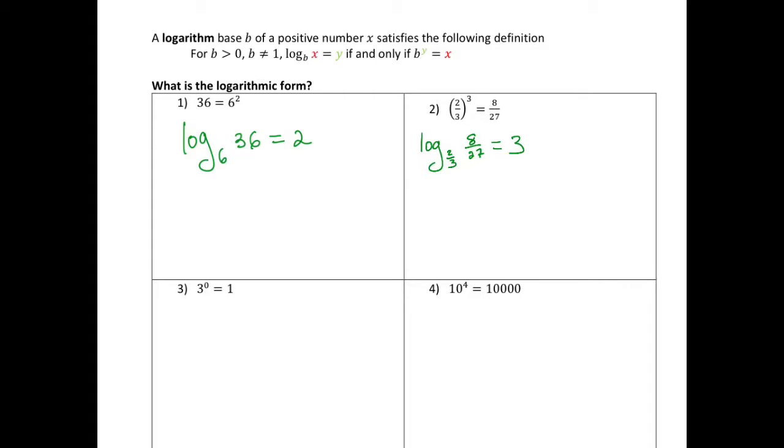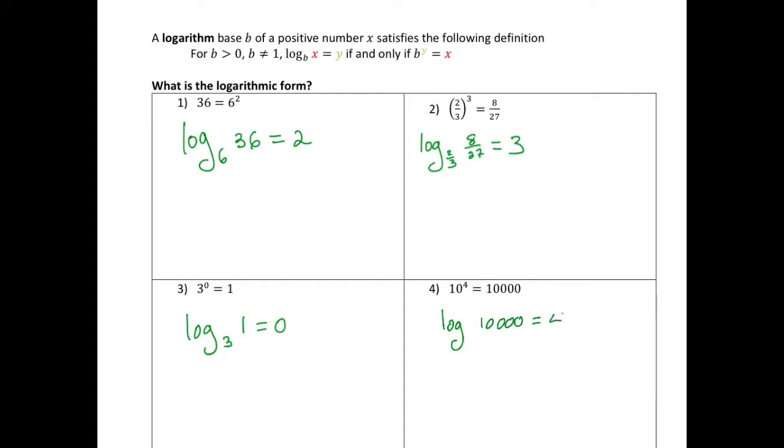So number 3, again, logarithm of base 3 of 1 equals 0. Here we can see a property that we're going to be studying later on. Okay. On the last one, number 4, my base is 10. When we are working with logarithm, logarithm of base 10 is the basic one. So that means that we do not need to write that base